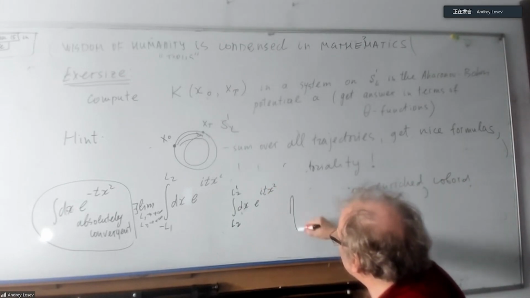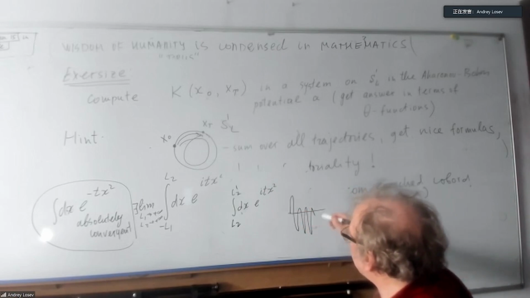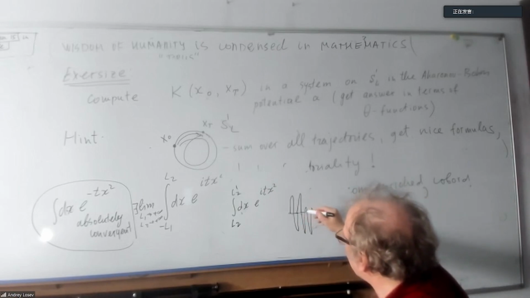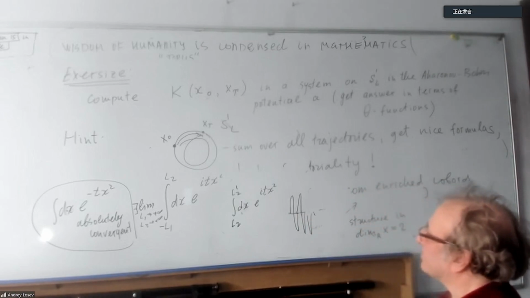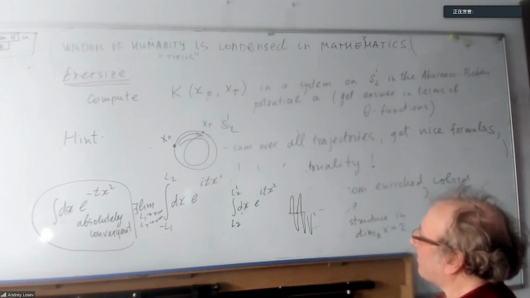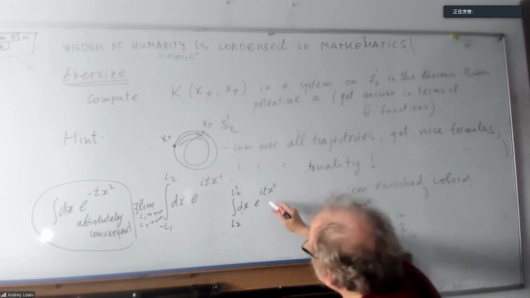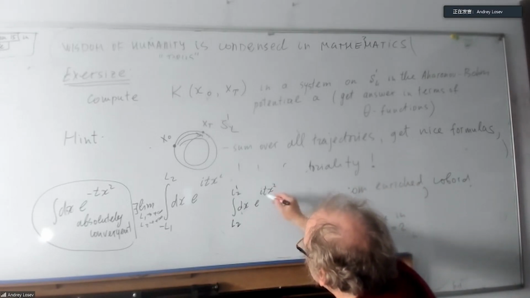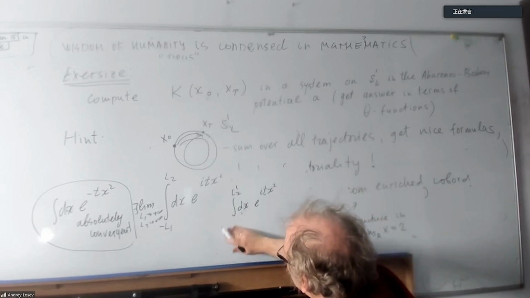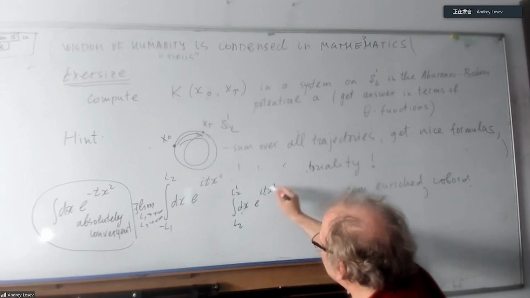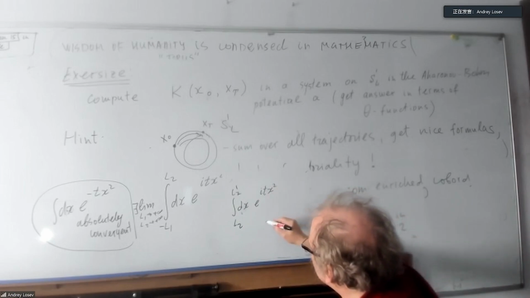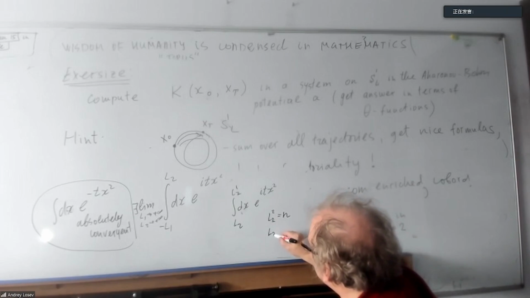This exponential is oscillating like this. And you may compute it in the following way. You see, it's because it's oscillating. And if you take L2 squared equal n and L2 prime